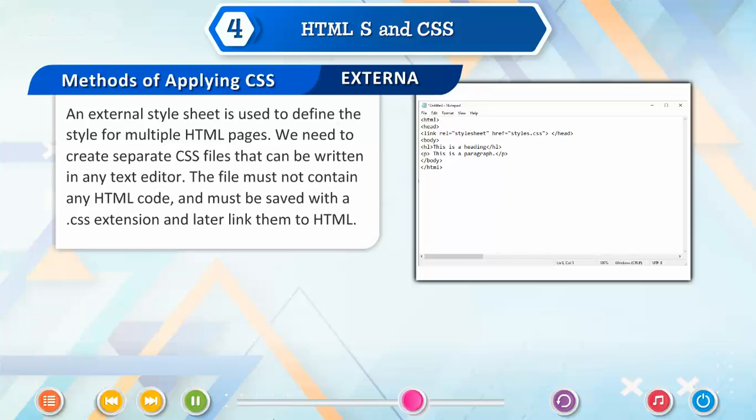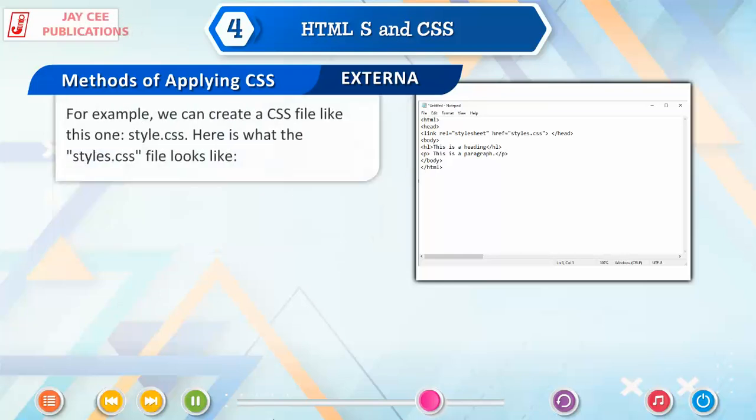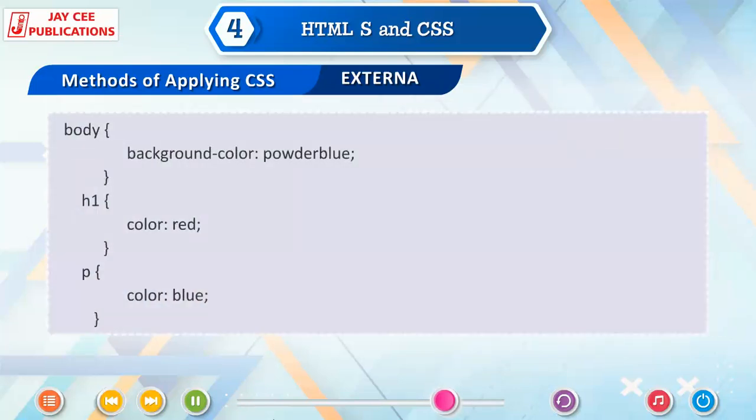We need to create separate CSS files that can be written in any text editor. The files must not contain any HTML code and must be saved with a .css extension and later linked to HTML. For example, we can create a CSS file like this one, style.css. Here is what the style.css file looks like. body {background-color: powderblue;}